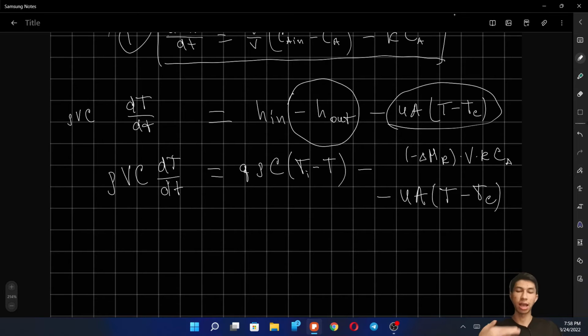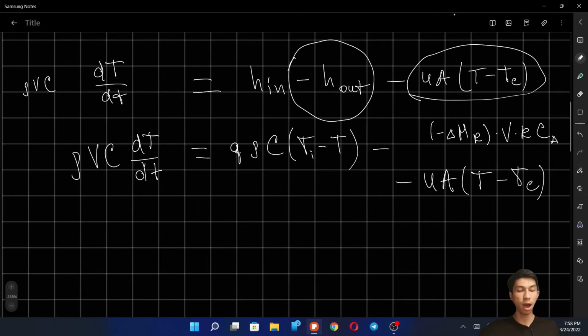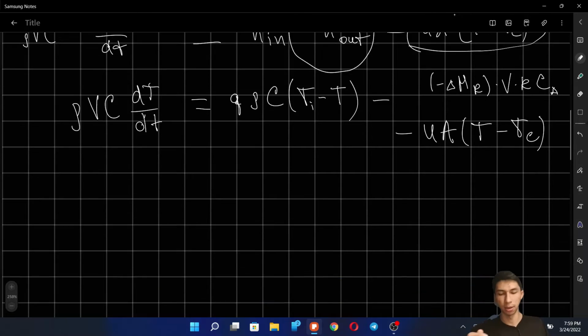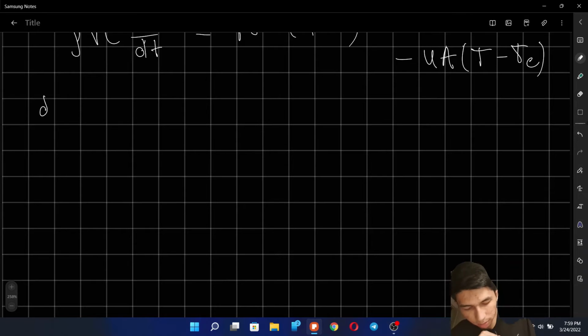So now we have something that can be used with Python. But again, if we try to use solve IVP, we should have our rate of change of something equal to a right hand side. So we're going to divide everything by density times volume times heat constant, so that we have the rate of change of temperature equal to a right hand side. So let's just write this down, our final